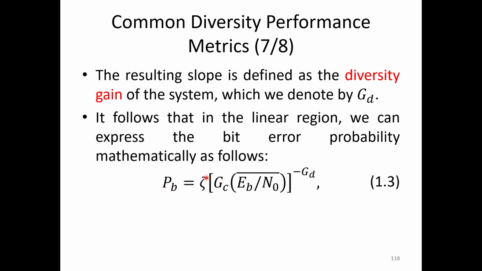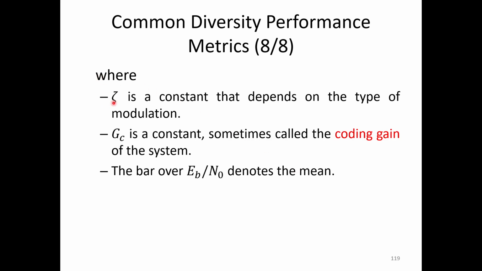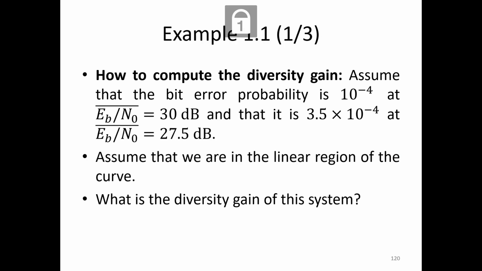PB is equal to zeta times GC times EB over N null bar to the power of minus GD, where zeta is a constant that depends on the type of modulation. GC is a constant, sometimes called the coding gain of the system. The bar over EB over N null denotes the mean. So let us go back to the page